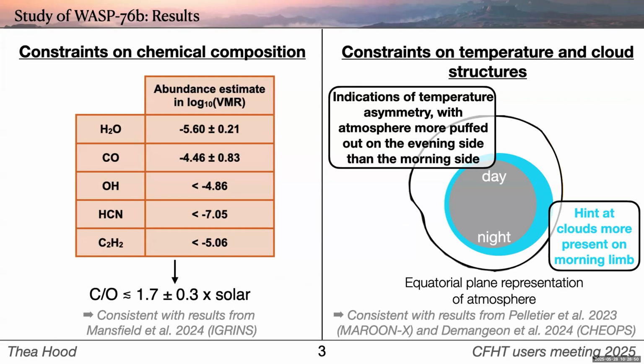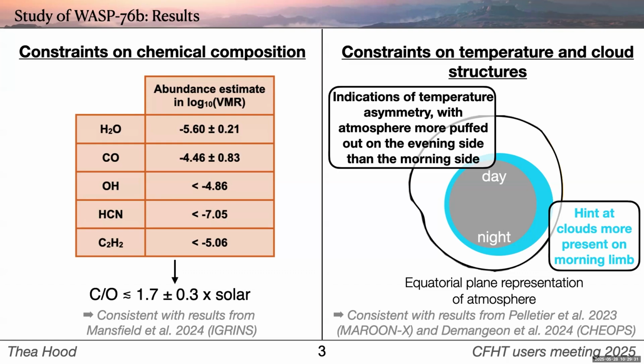Using a single transit of this atmosphere acquired with SPIRou, I was able to constrain some of its chemical composition, namely the abundances of water and carbon monoxide, and to infer upper limits for other carbon and oxygen bearing species. This let me estimate the carbon-to-oxygen ratio for the atmosphere, which, although it wasn't precise enough to infer anything about planet formation, was consistent with other results found using near-infrared data